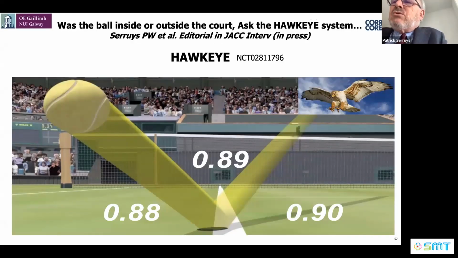So I had the privilege to write an editorial about this, which is also the system used on the tennis court in major competition. And this 0.89 is, of course, the binary cutoff. You know, in medicine, we always take a cutoff because we are acting as a binary system. The doctor is binary: I do or I don't do. So I have to give a cutoff criteria, 0.89. Next.